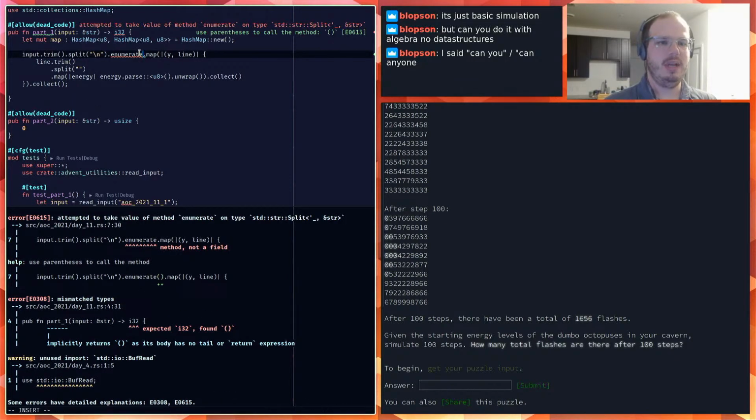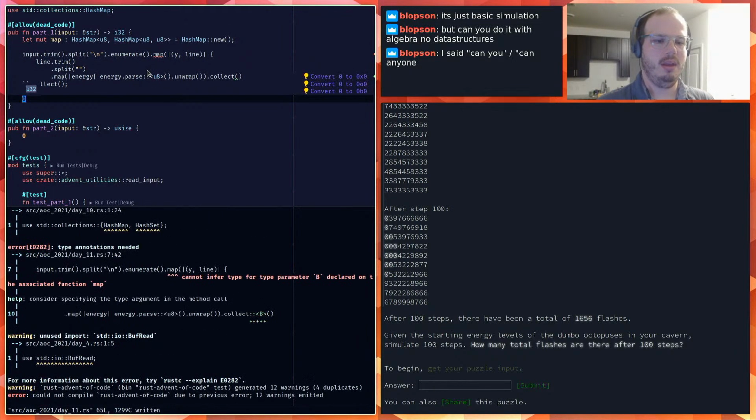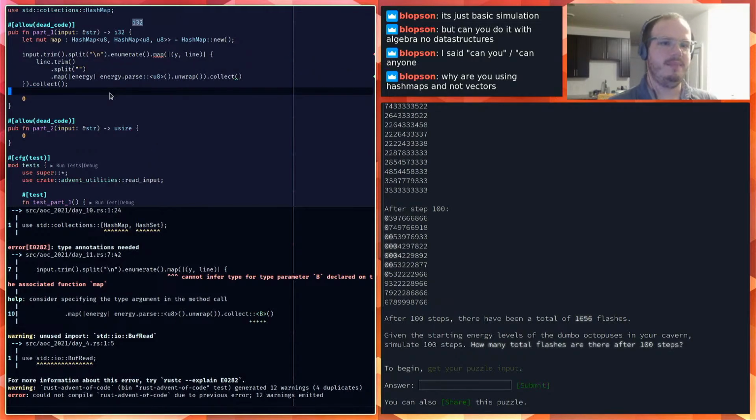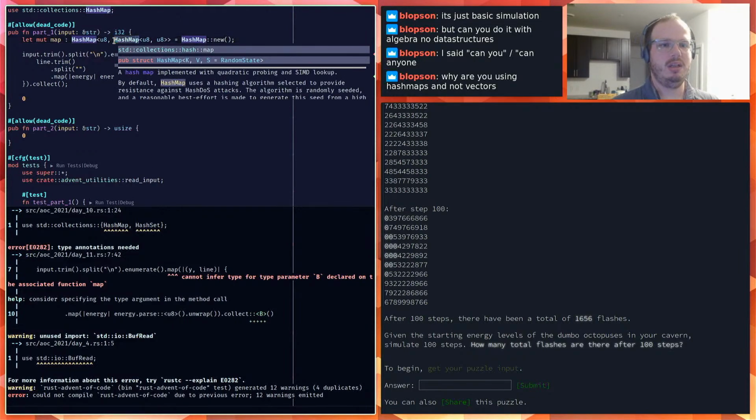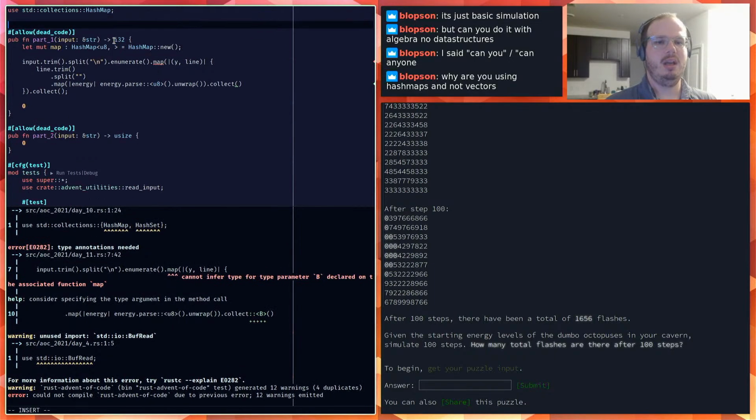Method, not a field. Yeah, that makes sense. Cannot infer type for parameter. Why are you using hash maps? And I just thought I'd try it. No good reason. Oh, I could just use one hash map of point. That's much better. So let me say type point is a U8